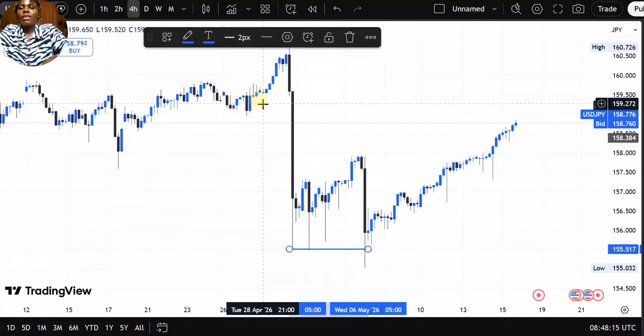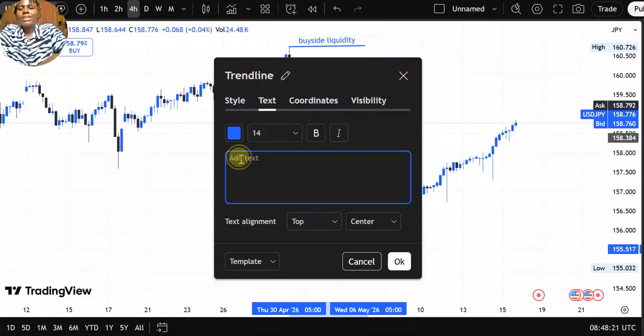Now the reason you're wondering why the buy is up there and why the sell is down here is because price has to sell in order to get to that point and create that liquidity, which is why we call it the sell side liquidity. And price has to buy to go up there and create that liquidity. That's why we call it the buy side liquidity. So down here will be the sell side liquidity,